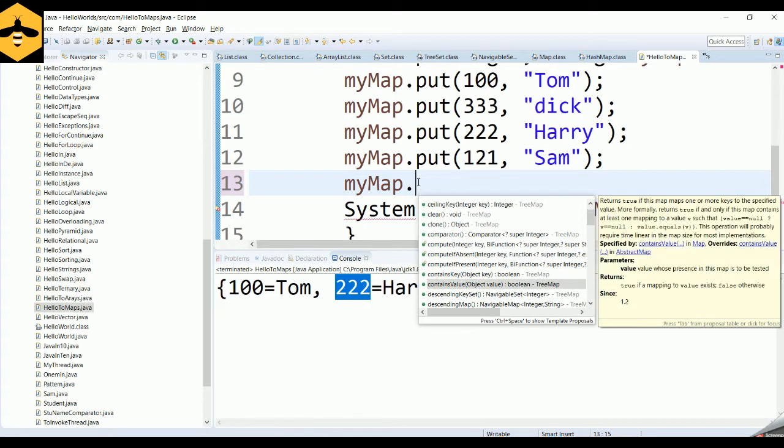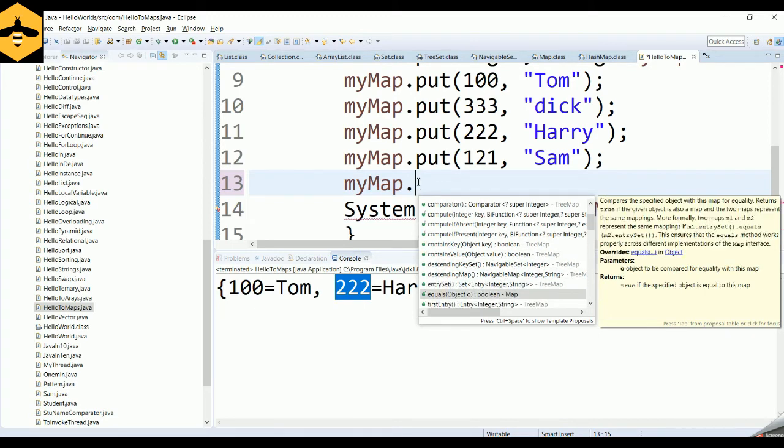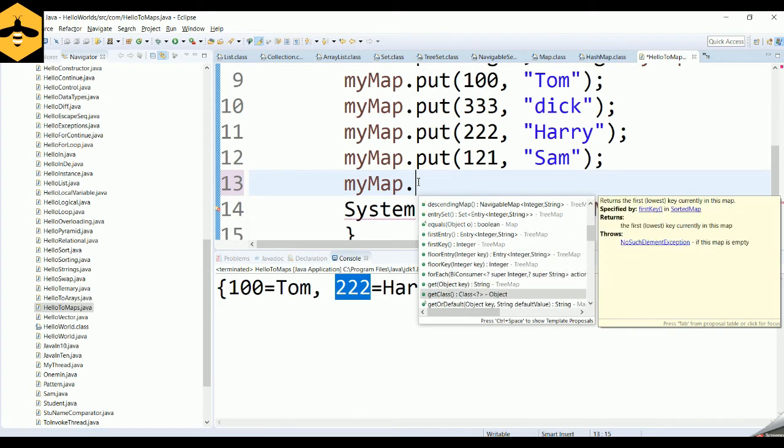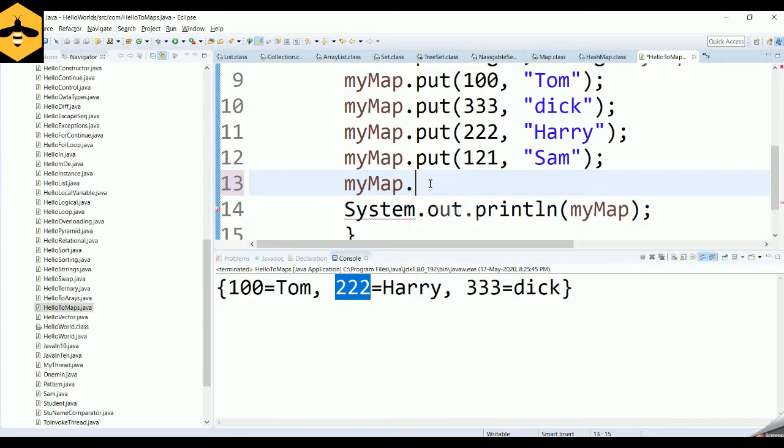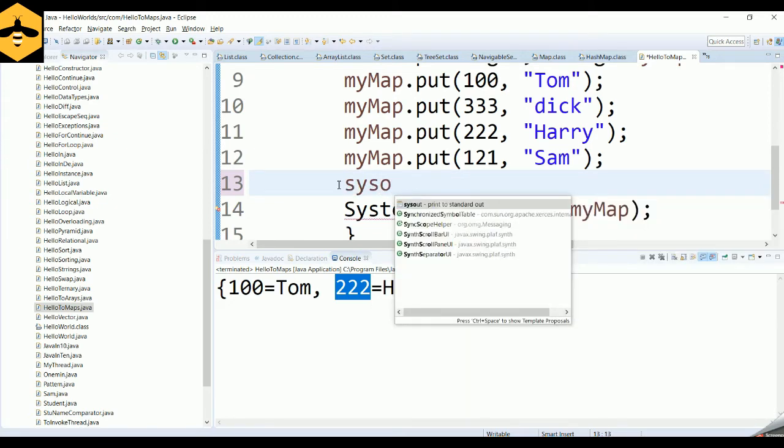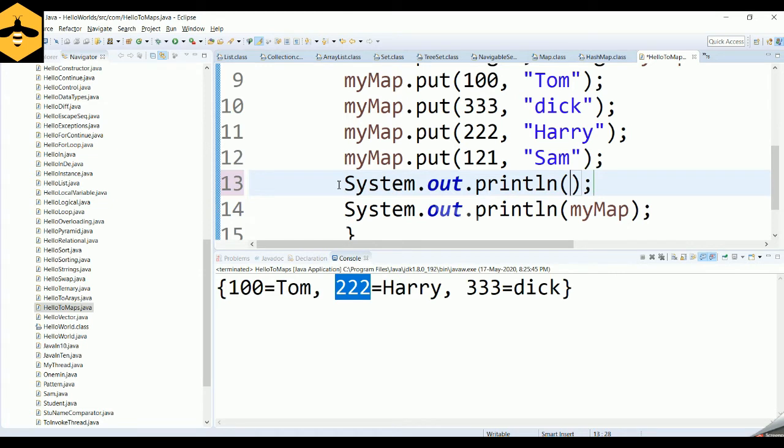If you wanted to check whether your map contains a specific value or not, you can make use of the containsValue method. And if you wanted to check the first key, there is a variety of methods. If we wanted to get one particular key, for example, if I wanted to know the name of the employee whose employee number is 333,